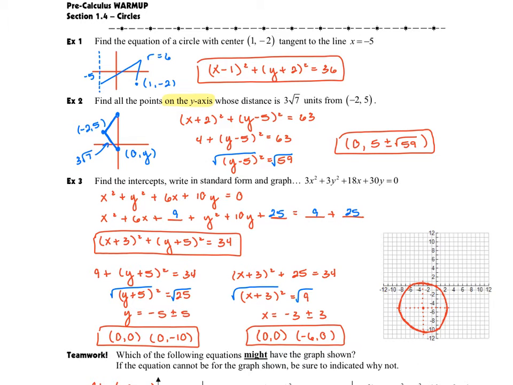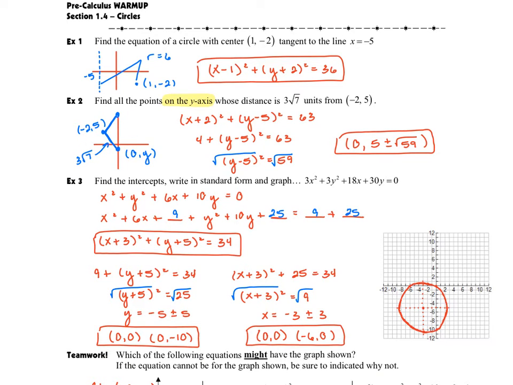On the next one, I want to find all the points that are on the y-axis, remembering that points on the y-axis will have a 0 x value, and it tells us their distance is going to be 3√7 from this point, -2, 5. So I'm going to start putting this together. I've got the point -2, 5. I need the points that are going to be on the y-axis, and what we can actually visualize here is a circle. So if this is my center and I visualize a circle here,